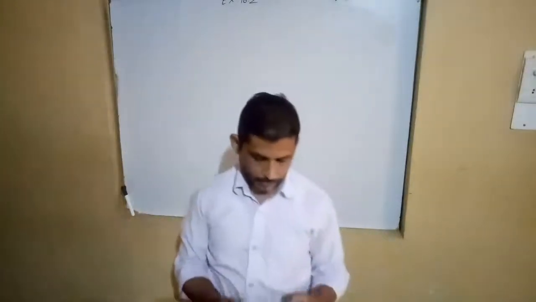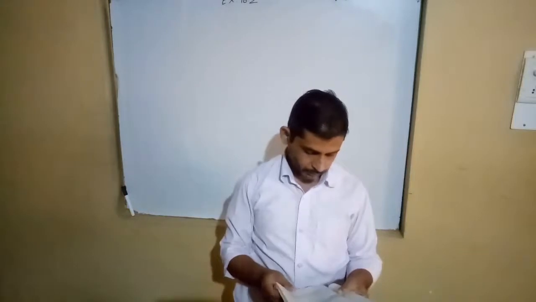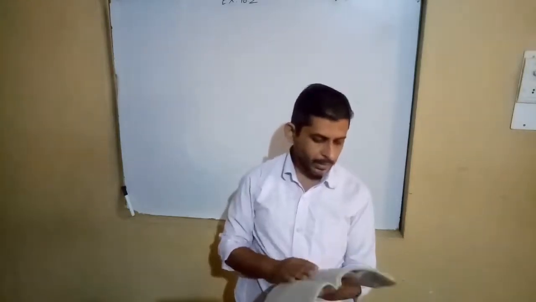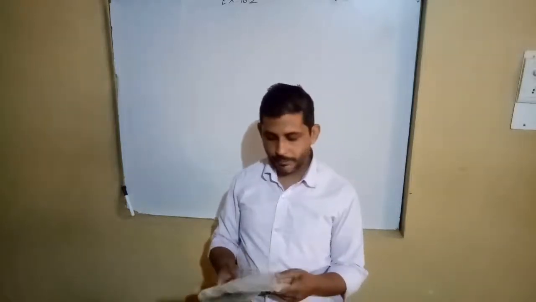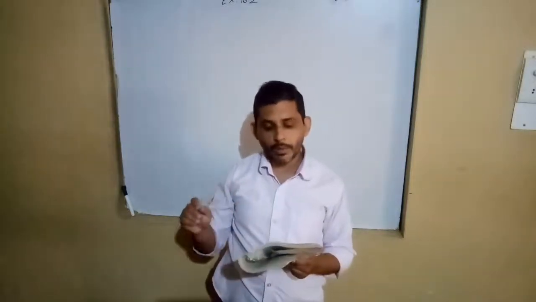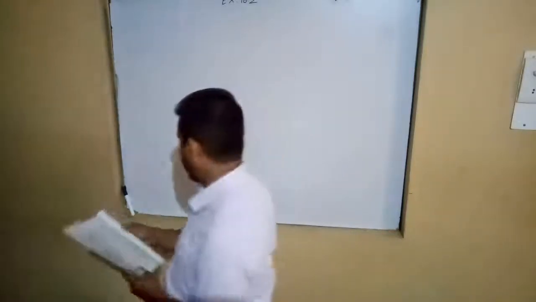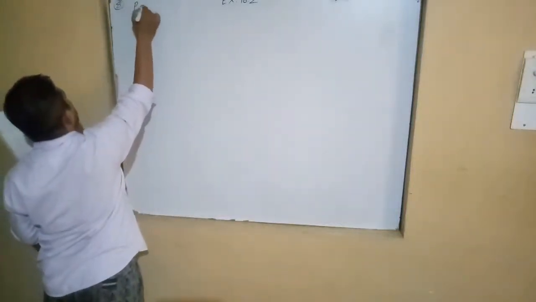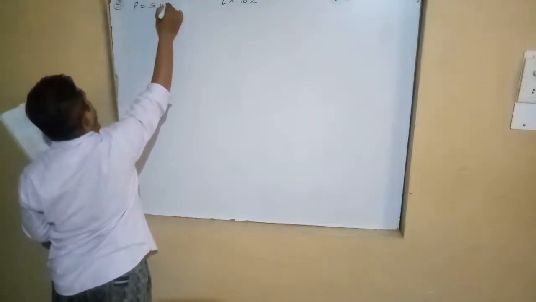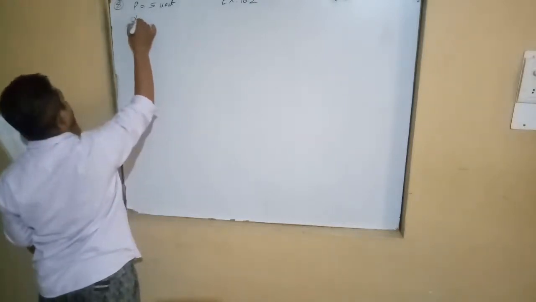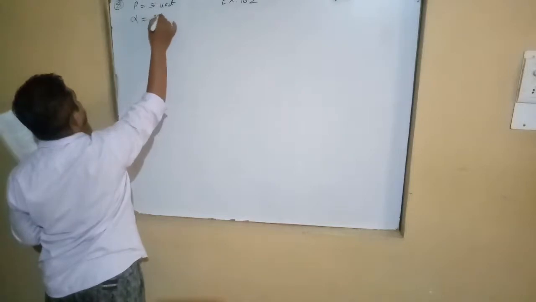Now look at the question number 4th, we are done. Okay, 5th, 6th, 7th are the same as the basic information. Now look at the 8th question. It's a different type of question, normal form here. Perpendicular distance from the origin is given as 5 units, means we can write the perpendicular distance of a line, we denote it as p. P is equal to 5 units. And the angle made by the perpendicular, alpha, is equal to 30 degrees.